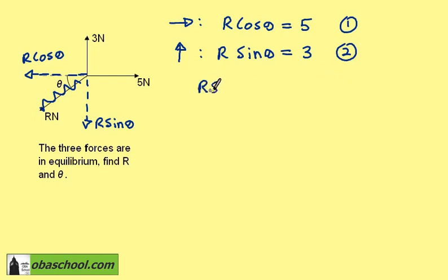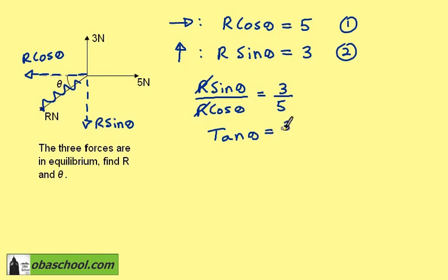If we divide equation 2 by equation 1, we get R sin theta over R cos theta is equal to 3 over 5. The R's cancel here, and sin theta divided by cos theta is tan theta. So we have tan theta is equal to 3/5. This gives us that theta is the inverse tan of 3/5,